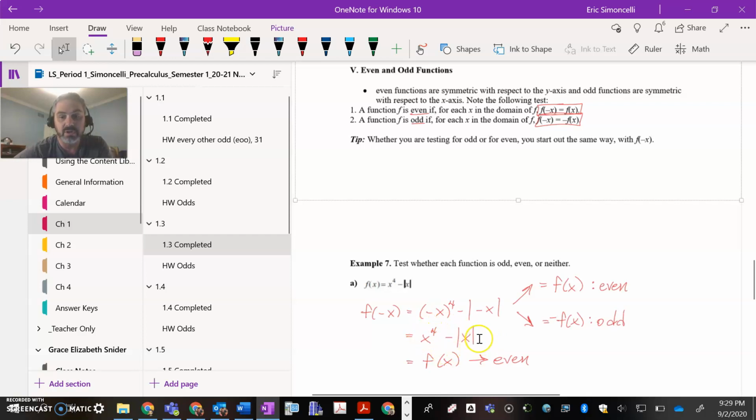Because this result is the original function, as we anticipated whether it was even or odd, in this case, because it ended up being f of x, we decided, oh, there you go. It is in fact even. It's not odd. Please look at the last two examples on your